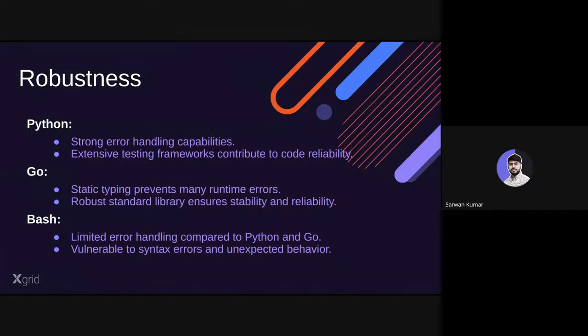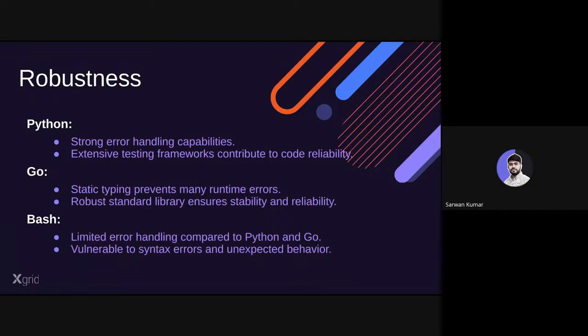As I mentioned, the second factor we will discuss is robustness. Python is a robust language. It supports strong error handling based on different libraries. It also has built-in support for try-catch blocks. It has extensive testing frameworks which contribute to code reliability. We have PyTest, unittest, and some other frameworks for testing,